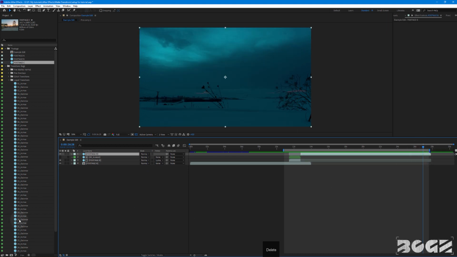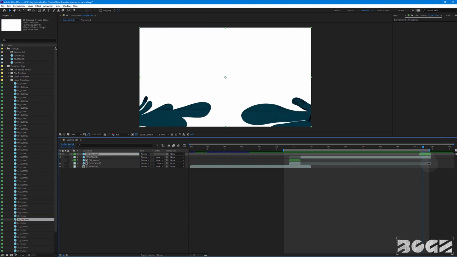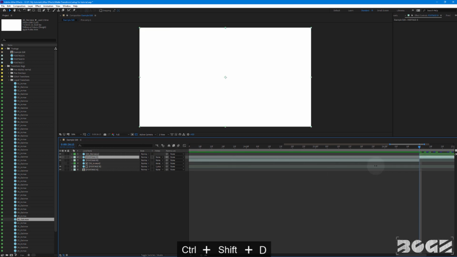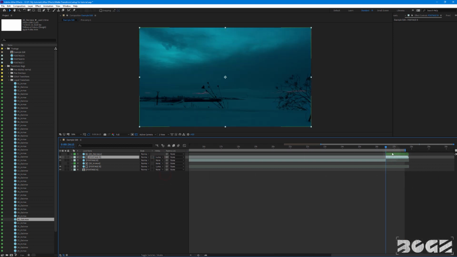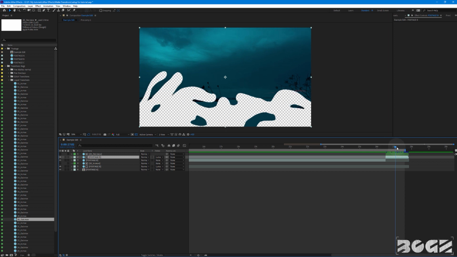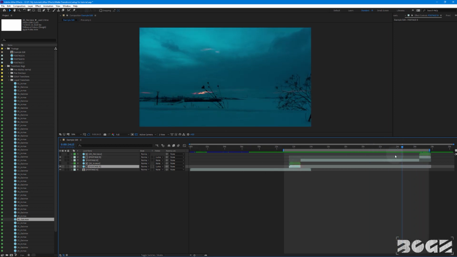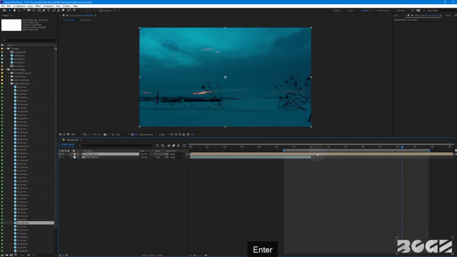Let's take the 20 out, again drag and drop on top, align it, go to the beginning of the transition this time, select footage, Ctrl-Shift-D, and now on this part of the footage, Luma Mate. And again we have the same result. And of course you can pre-compose these layers in order to have just one layer. Okay, I will undo it.